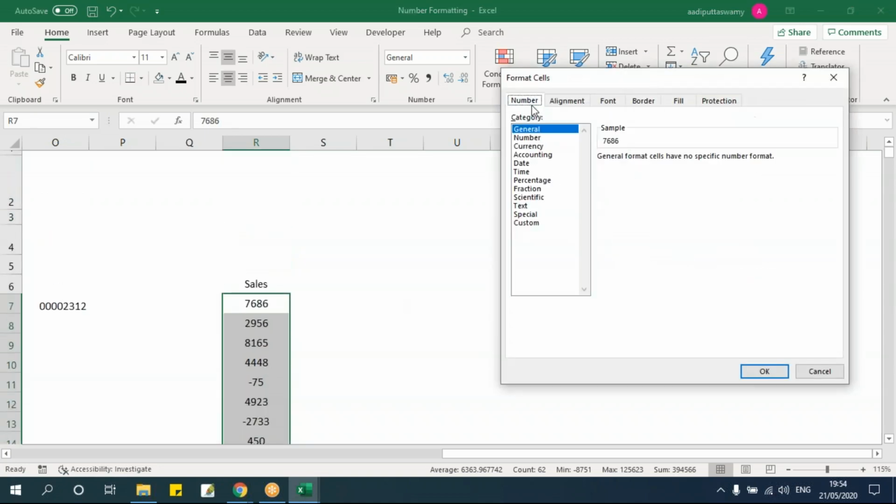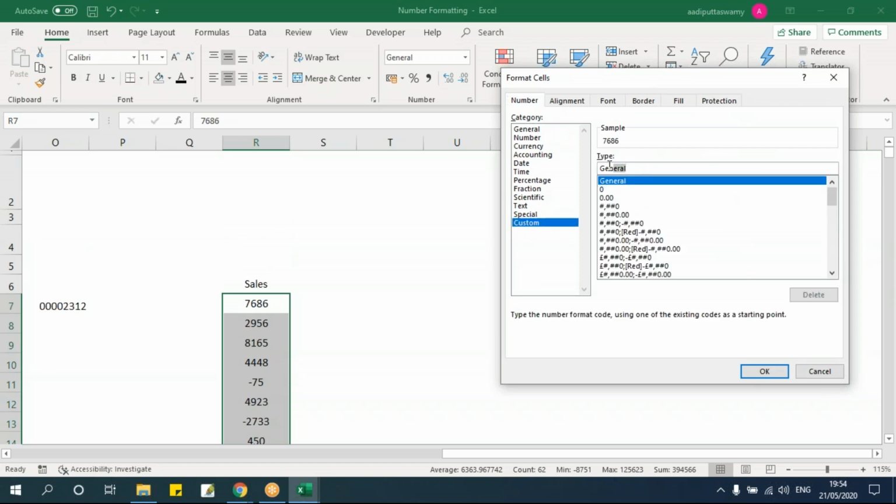Then what I'll do is go here, say number, custom. Here I'll put a square bracket, the less than symbol, 1000, and close the bracket. So in number formatting, this square bracket plays as an if condition. That is, if less than 1000, then let's say I'll put the format as 0.0. Let's not put any 1000 separators. I want this to be red color, so I'll say red. Now I'll put a semicolon and say 0.0, just a normal format, and say OK, and see what will happen.